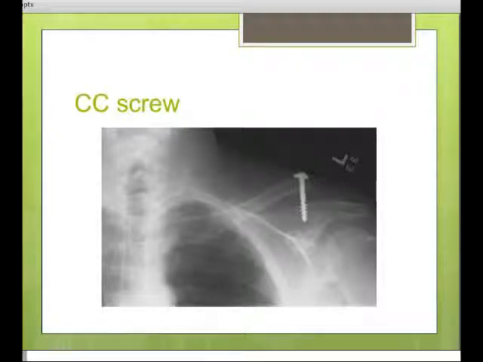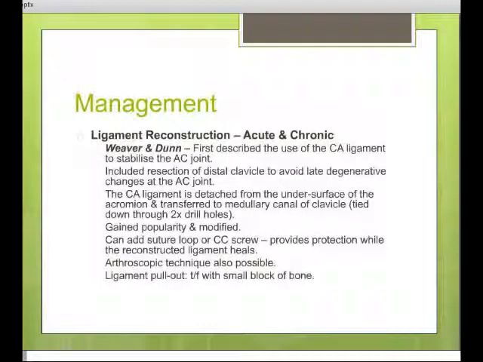Ligament reconstruction, which can be used in the acute or the chronic setting. Weaver and Dunn were one of the first to describe the use of the coracoacromial ligament to stabilise the AC joint. And this included resection of the